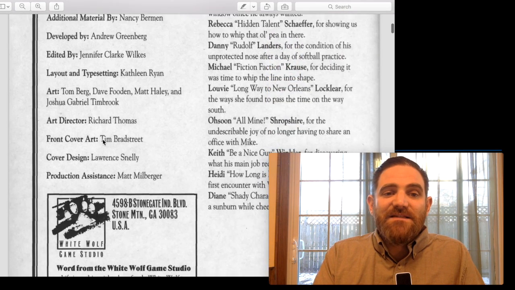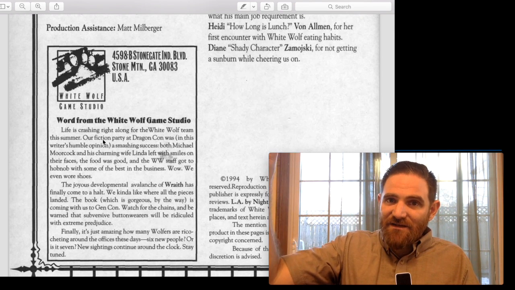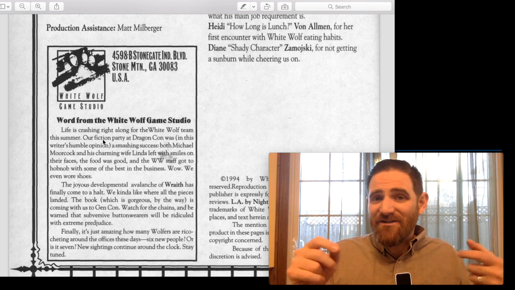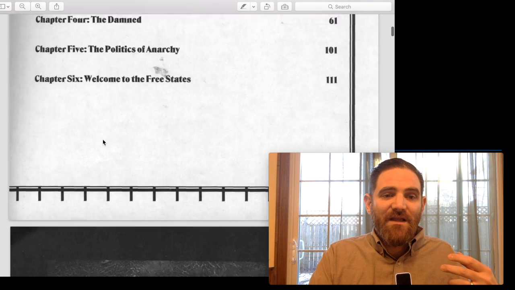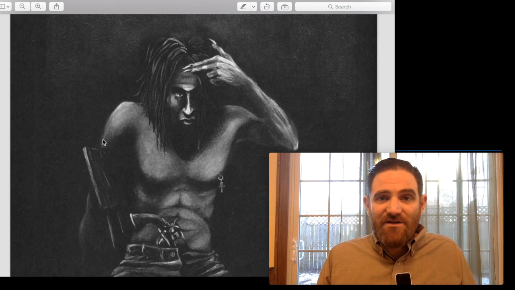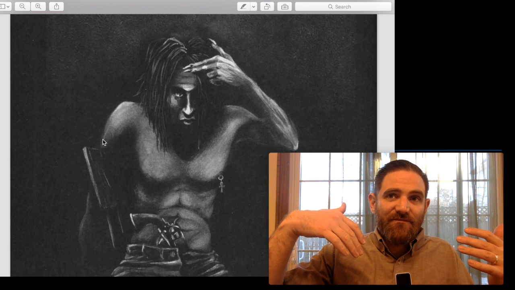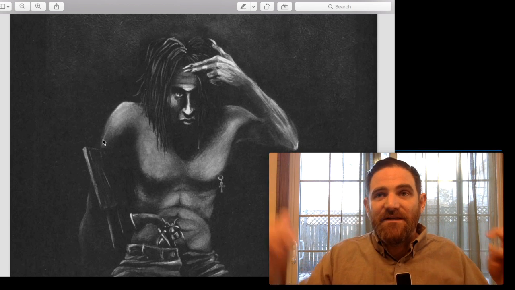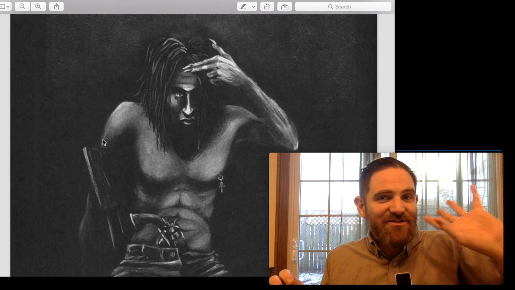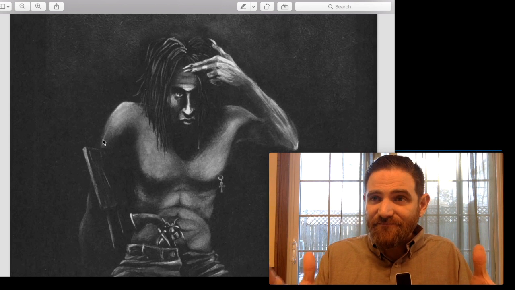A source book like this is not going to give you an adventure. It's not going to give you a clear goal and a plot hook and challenges to meet and to get there. It's just going to give you, here's what's available. And so game masters can take this information and use it to construct their own adventures. So your party shows up in LA, you meet this guy, and you're gonna challenge some local vampire chief or something. I'm not getting that right. But my point is that it gives you the details to construct your own adventures